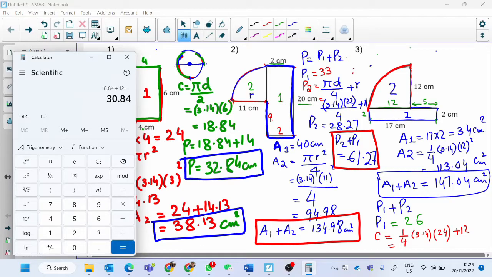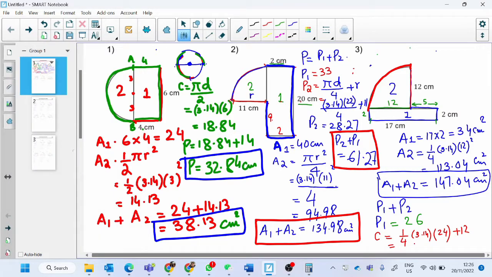It gives us 30.84 centimeters. So this is now not the circumference, this is in fact P2, because we have added the 12 as well. So now the arc length plus 12 is in fact the perimeter of this shape. So we have to add both of these,